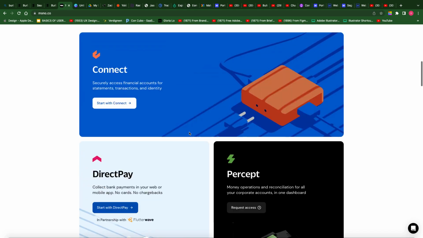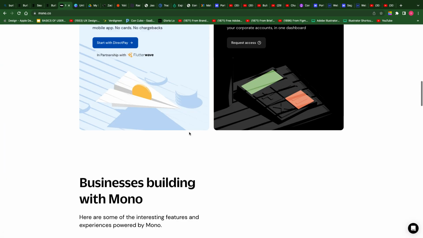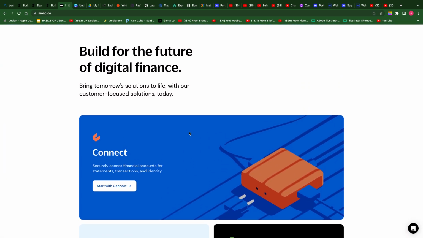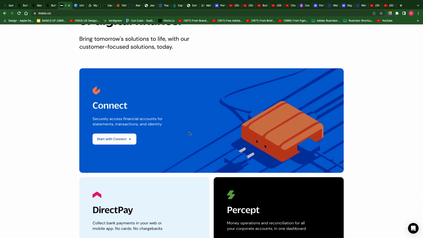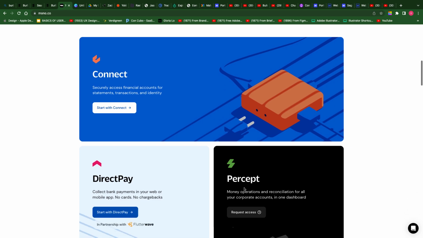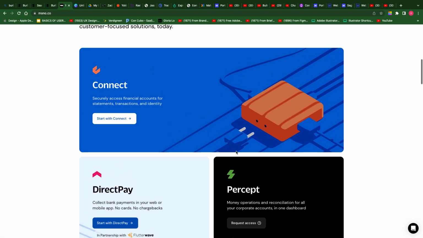This is the home page. This displays all the sections you have within the website. It highlights and introduces you to all the sections that you have within the website. So they're all highlighted and then they all have call to action, so that if you are okay with the introduction and you want to go deeper,